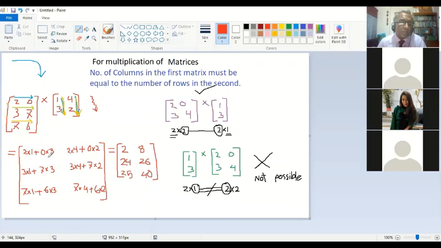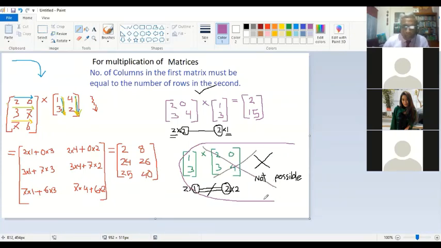So this is the calculation technique of multiplication. You can do it as a shortcut, you can do it directly. The violet one, what will be the answer? 2 and 15. It is correct. So this will be the answer. Okay. And the last one is not possible, so we are not going to try.